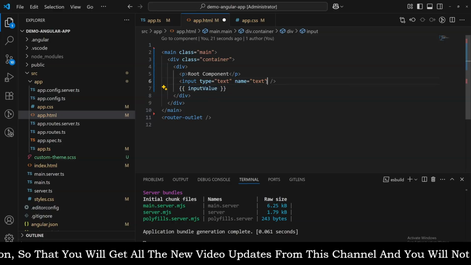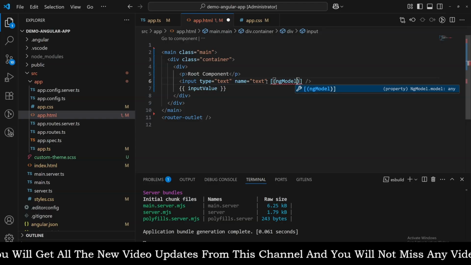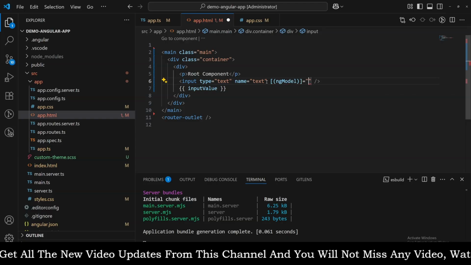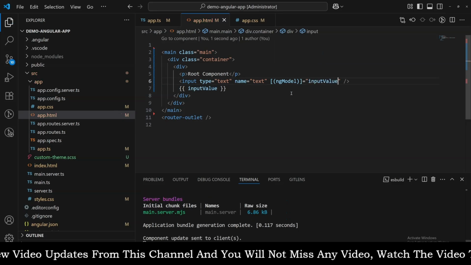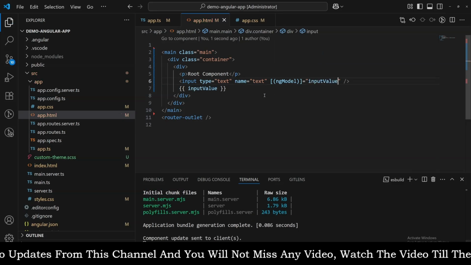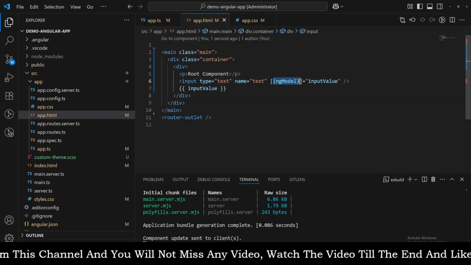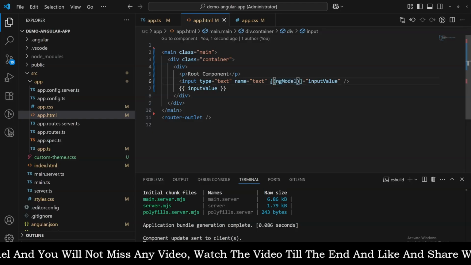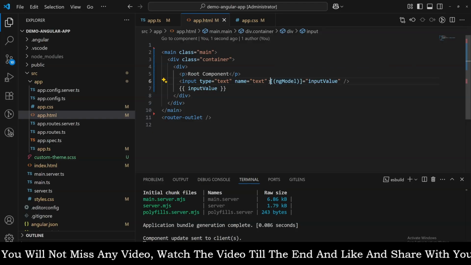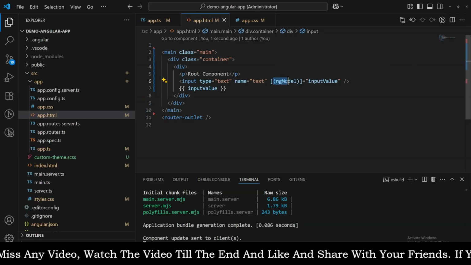Okay, now we'll use the banana in the box syntax over here with ngModel, and we'll assign the value inputValue to it. So what it will do is actually keep track of two things. The first one is property binding and the second is event binding. So it will bind the value property first with this value, and then it will bind the input